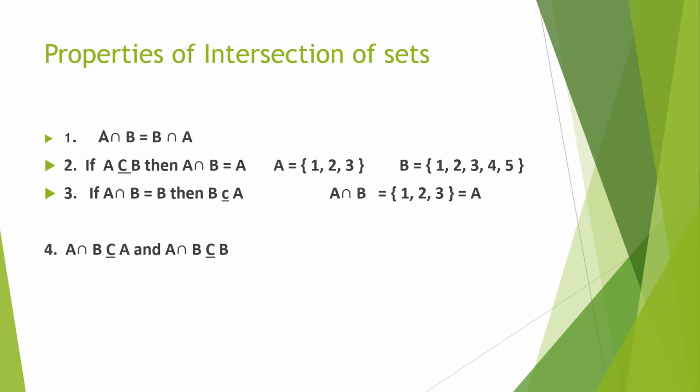See the properties of intersection of sets. First property is A intersection B is equal to B intersection A. Means if we take intersection of A and B or B and A, the elements are same. म्हणजे काय बघा की A आणि B या दोन्ही म्हणतो आपण इंटरसेक्शन घेतला, मग तो A चा B शी घेतला किंवा B चा A शी घेतला तरी कॉमन फॅक्टर हे दोघांमधले सेमच असणार आहेत, त्यामुळे हे दोन्हीही सेम येणार आहे.